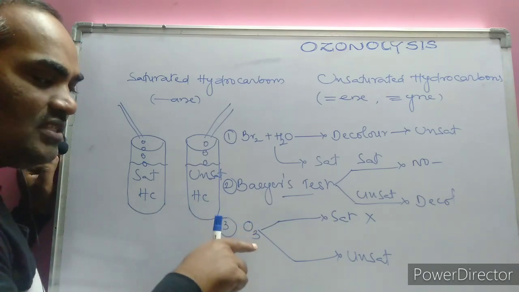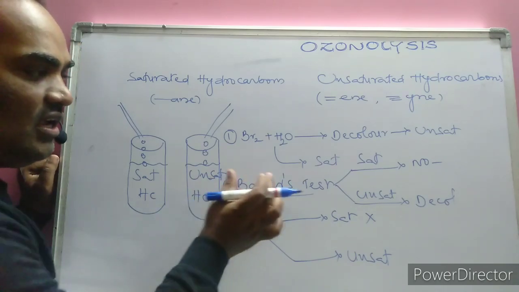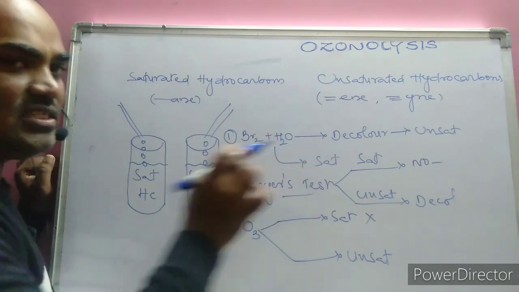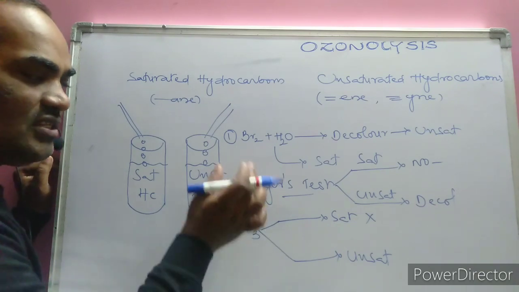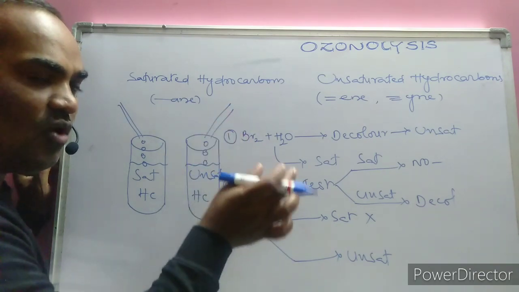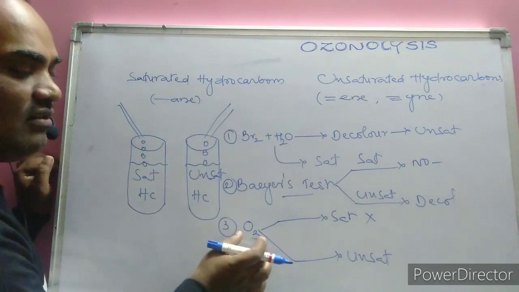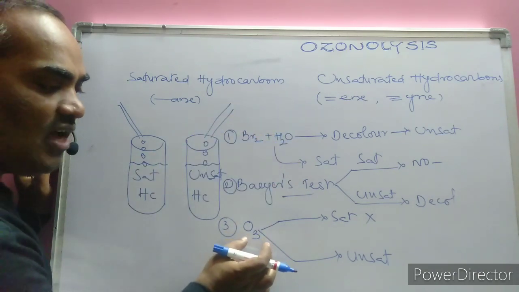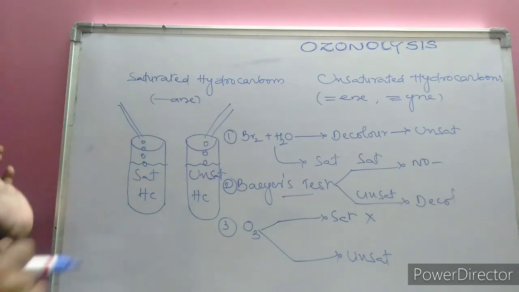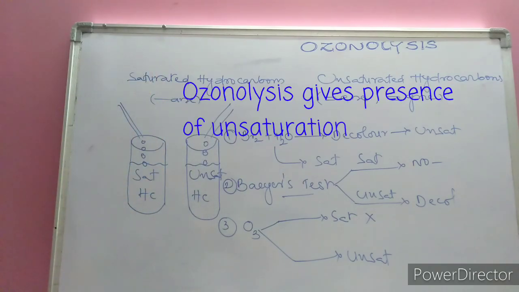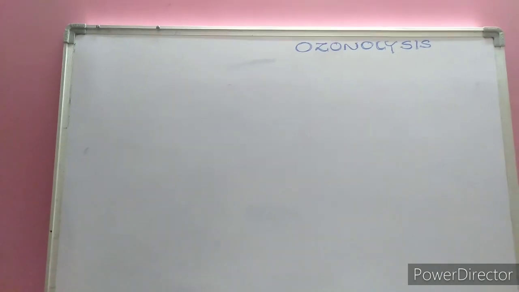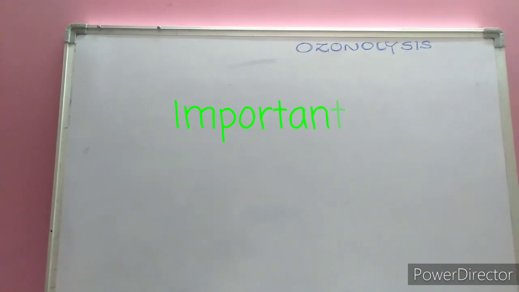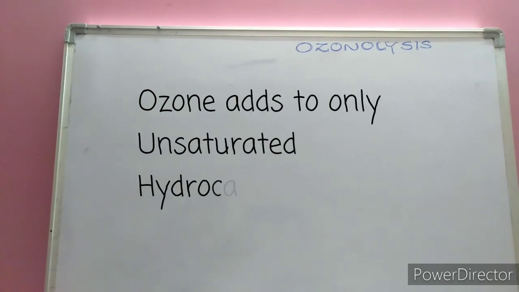But the importance associated with ozonolysis is that it tells how many unsaturations are present, how many double bonds are present, how many triple bonds are present, and what their locant or position is. That is also discussed with the help of the ozonolysis reaction. That's why, instead of bromine water as well as Bayer's reagent, the ozonolysis reaction is very useful. How can we calculate the number of locants or their position, and what do you mean by the ozonolysis reaction? That we are going to discuss now.